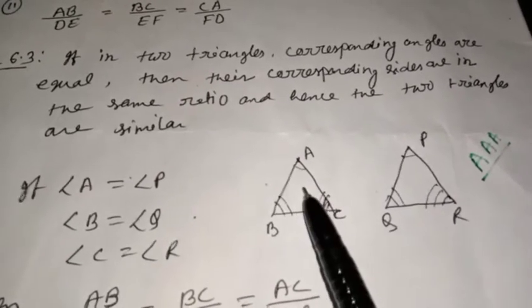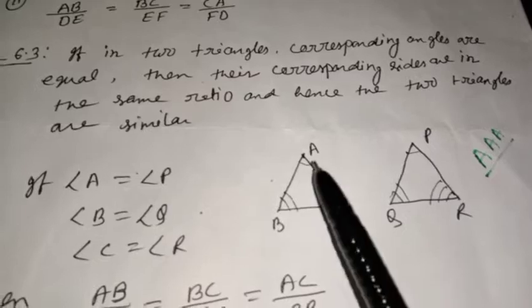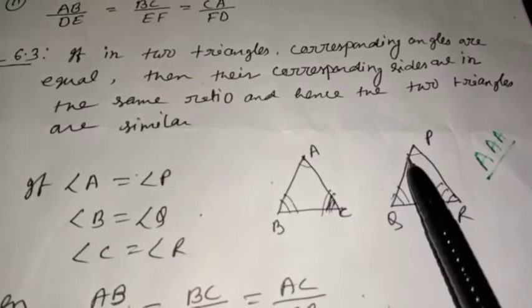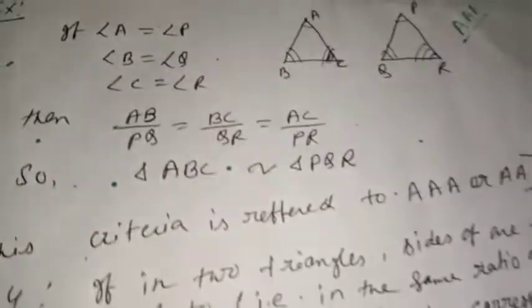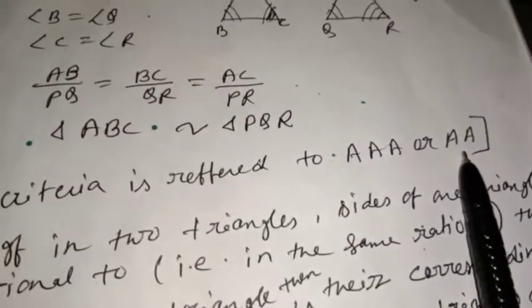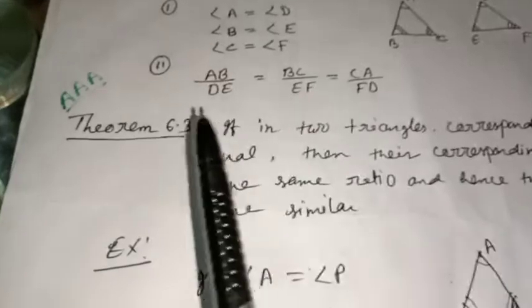Why? Because the sum of the angles is how much? 180 degrees. If two of the corresponding angles are equal, then automatically the third angle will be equal. That is why this criteria is also called AA. Okay, so understood, this criteria is called AAA. Next,